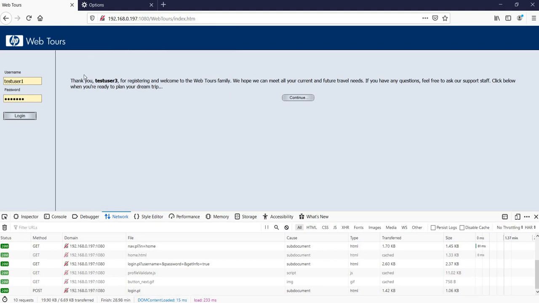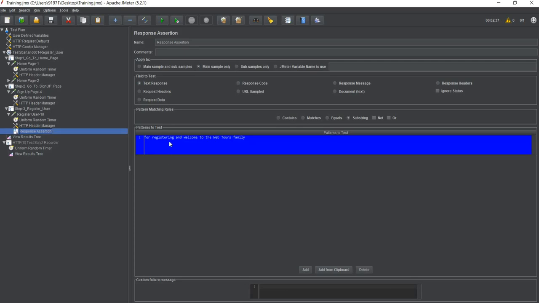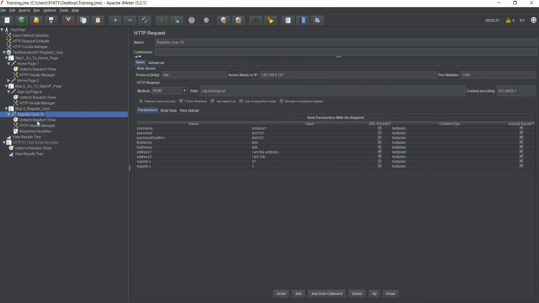So if you see over here, whenever a user is created, a message comes which says that thank you test user 3 for registering and welcome to WebTour family. So I will put something like this over here and say that the text response should have this: for registering and welcome to WebTour family. It means that the registration has happened.